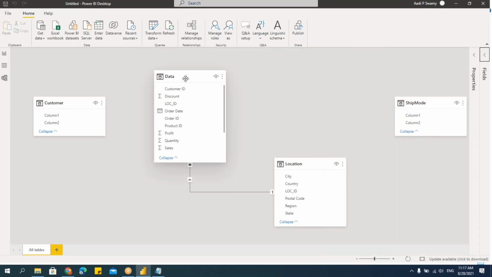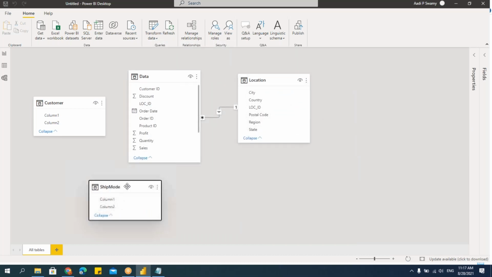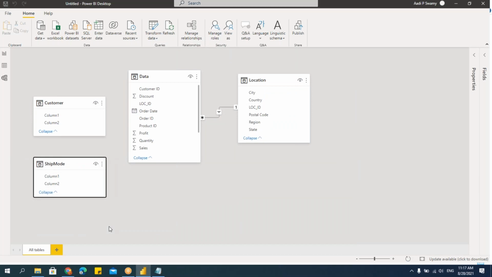Now if you see here, there are some connections automatically which is happening, but these two tables are not connected. The reason is the column headers, if you see, they're not proper. It says column 1, column 2, wherein the other two tables, the data and location, they're not understanding which column to connect. Right? So these are the things what I told, that when I get the data, we need to clean the data as well. So this is where Power Query Editor comes into picture. That we'll discuss in detail in the next session.